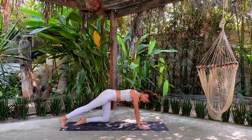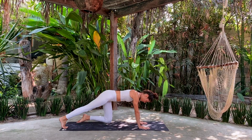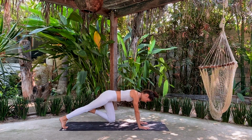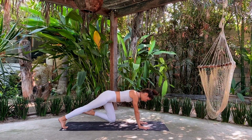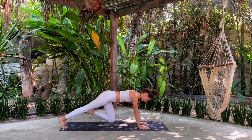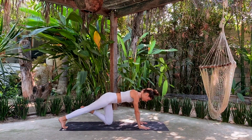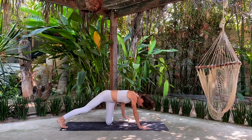And lift the left knee off the ground. If possible, also the toes. Hover here, continue to breathe. Your whole body is active and engaged. Inhale. Exhale, drop the left knee down and move the left toes to the outside so they are leaving the